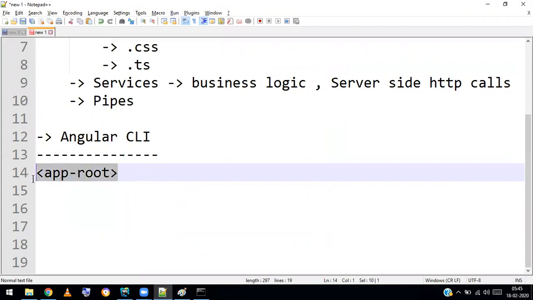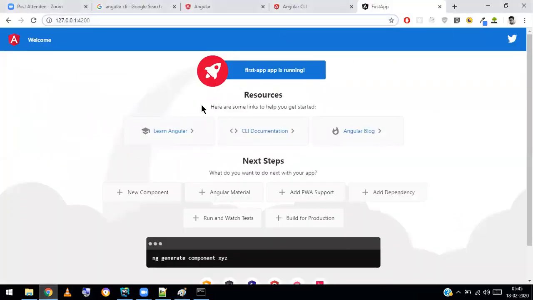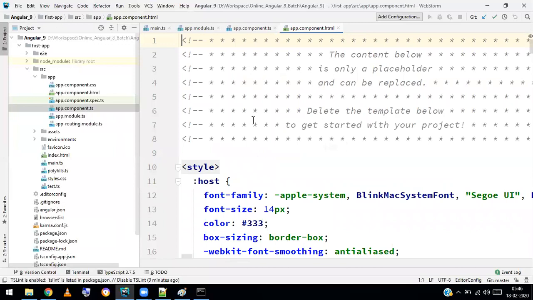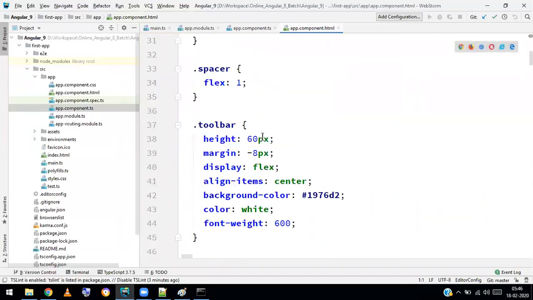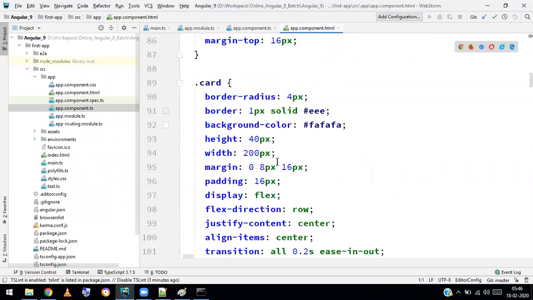I'll tell you where it is configured. Also, for that particular tag, the HTML source is the templateUrl. This entire page is rendered from app.component.html. When I open the HTML, yes, they have written some styles, a toolbar, logo, hover and all.